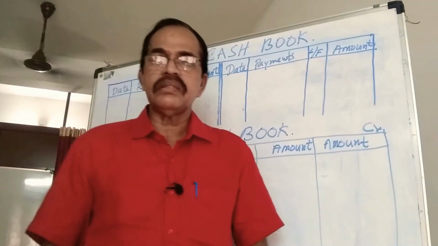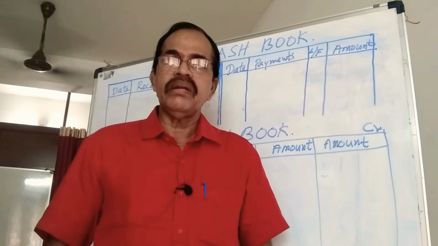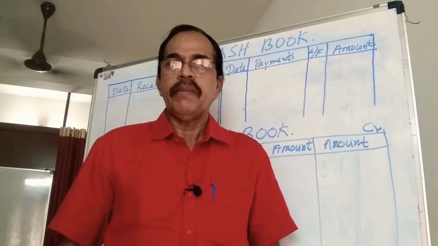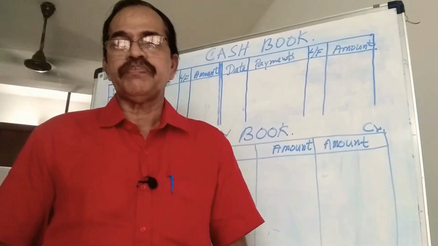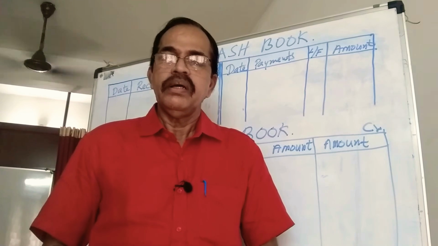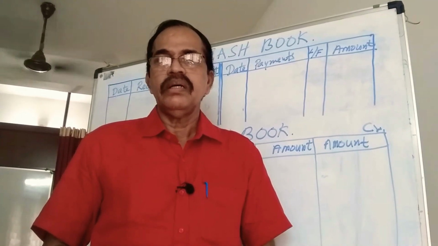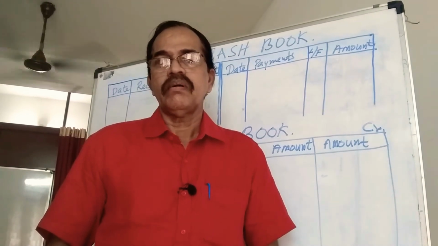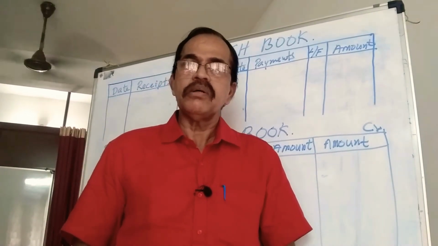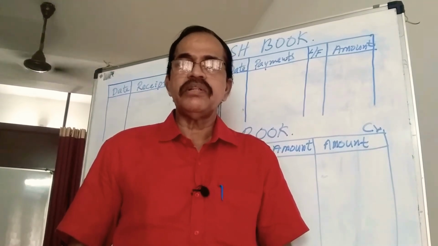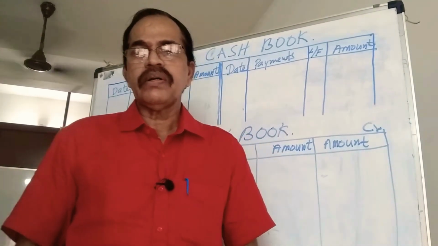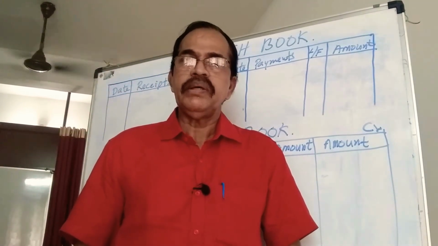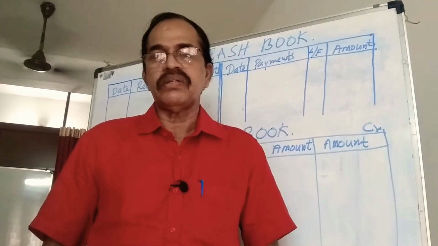A large business concern will have huge capital investment, huge turnover, and huge profit. But in the case of a small business concern, there will be small investment, a small turnover, and a small profit. Why did I make such a grouping? It is just to tell you that the methods of accounting followed by these two different types of business organizations are different.